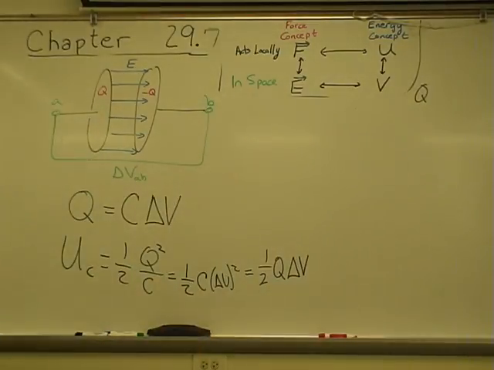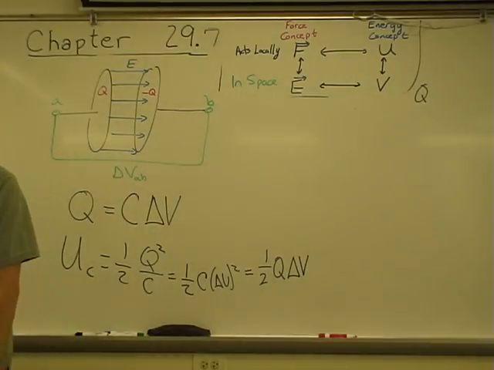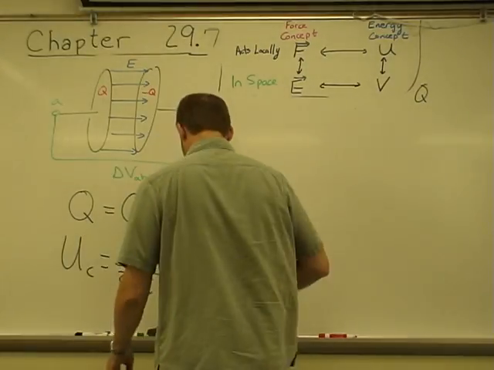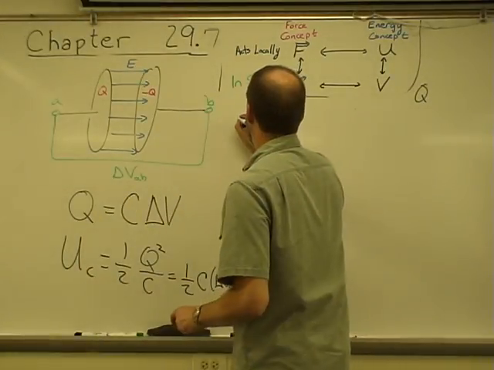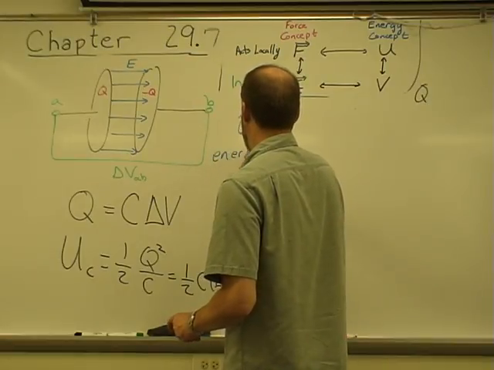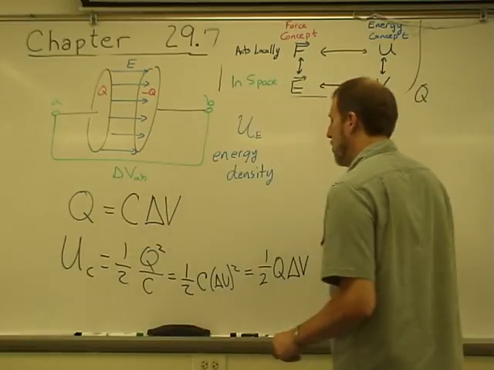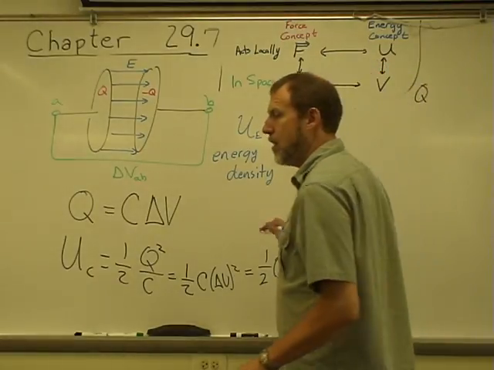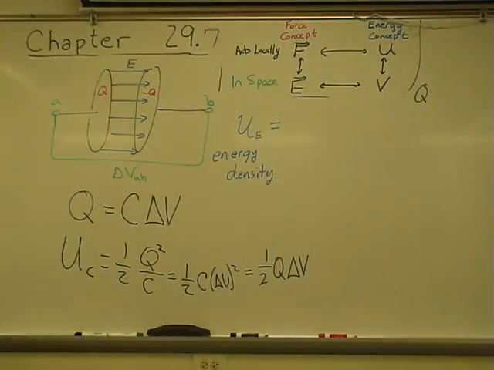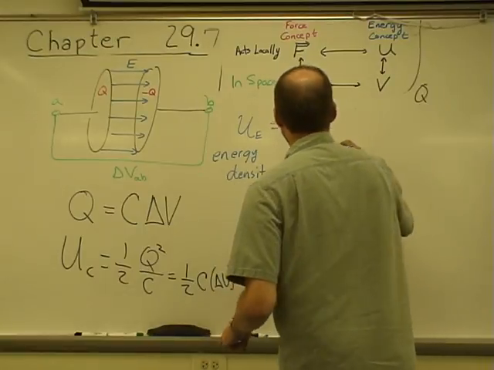Now, where is that energy stored? That energy is stored in the space between the plates of the capacitor. So, let's look then at the energy density. Let's look at it as 1/2 the capacitance times